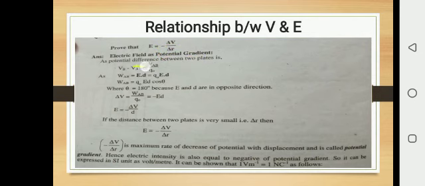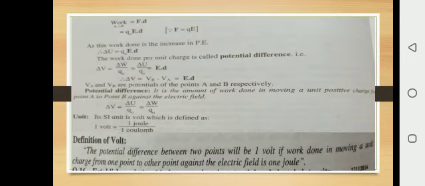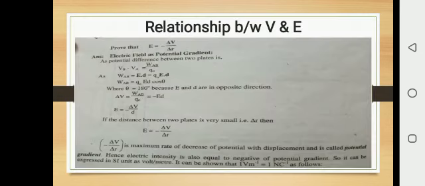As you know about potential difference between two plates, VB minus VA. We can write potential difference between two points. If we have two points A and B, then potential difference between them is represented by VB minus VA, and this is the formula of potential difference, delta U over Q naught or W over Q naught, as we have learned on this page, delta V is equal to delta W over Q naught or delta U over Q naught. Now, W is equal to F dot d. This is not E dot d, it is a mistake in the book.